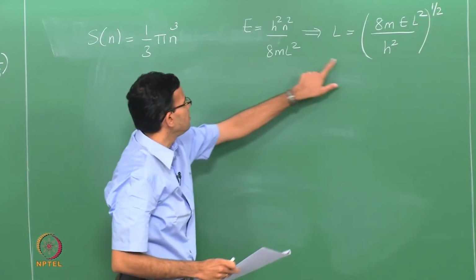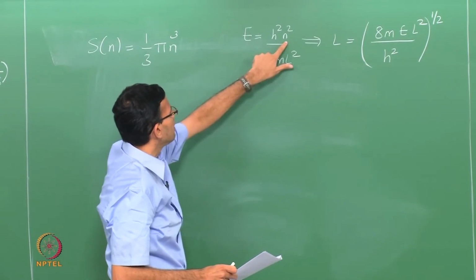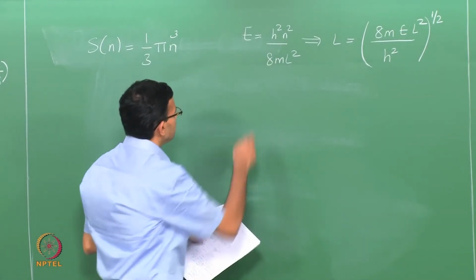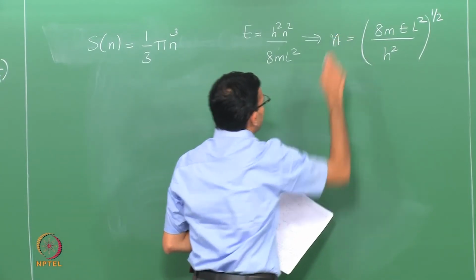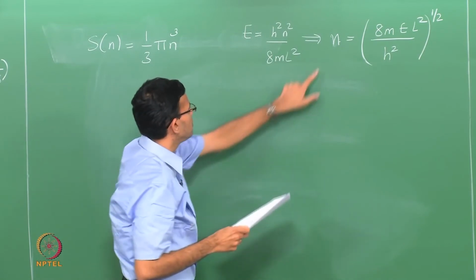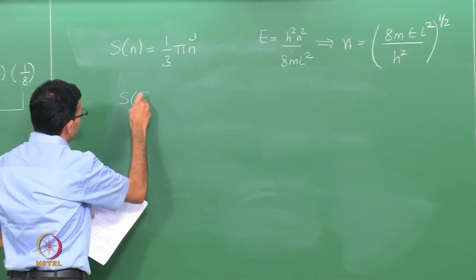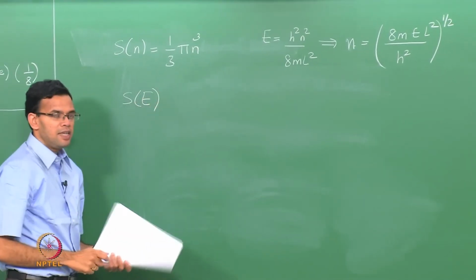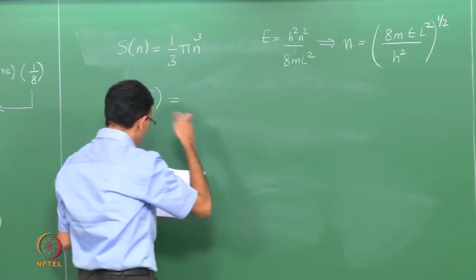So all I have done is to take L and all the other terms this side and then write n in terms of energy. Substituting for the n here, we can write the total number of states with energy less than E. It's nothing but